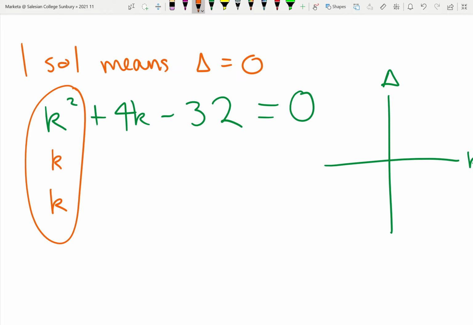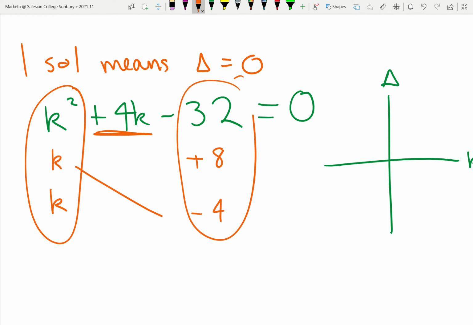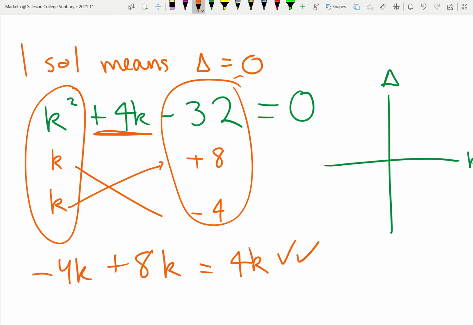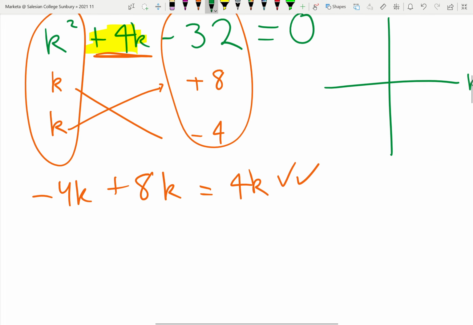And then let's think, positive 8 times negative 4 will do, because we want a positive value in the middle. So let's cross multiply. K times negative 4 is negative 4k. K times positive 8 is plus 8k. So negative 4 plus 8 is 4k, and that does equal the middle term. There it is. So that means that in our brackets we'll go k plus 8 and k minus 4 equals